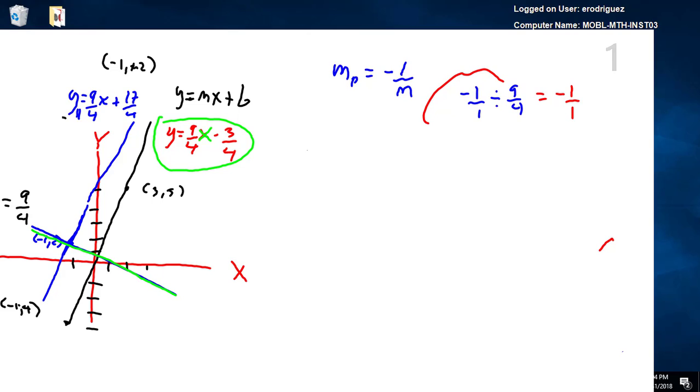So what you're going to do is flip it, basically, and take the inverse reciprocal. So that already sets us up with our slope for the perpendicular line. Here the p means perpendicular, so basically I take 1 and I divide it by the slope, which is 9/4, right? And we flip the second guy,